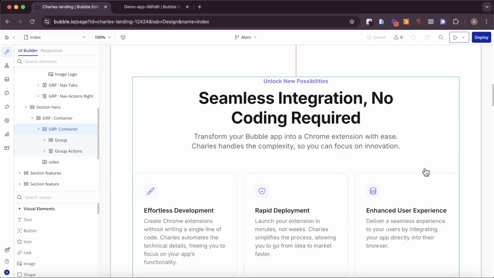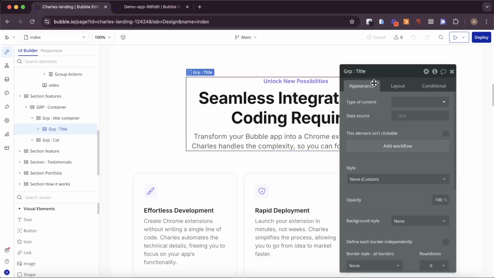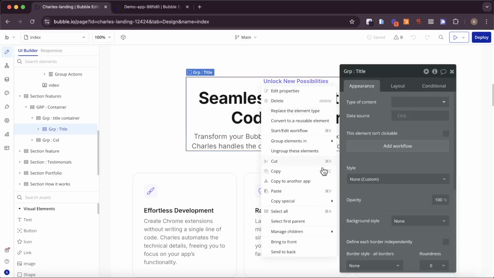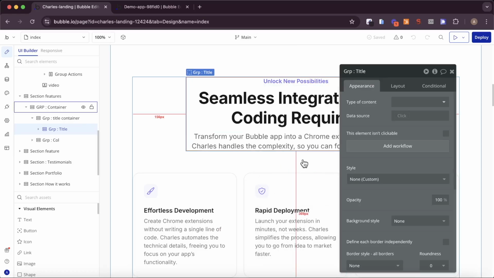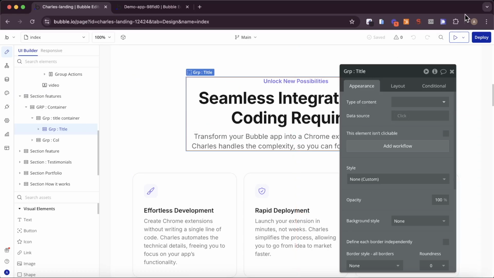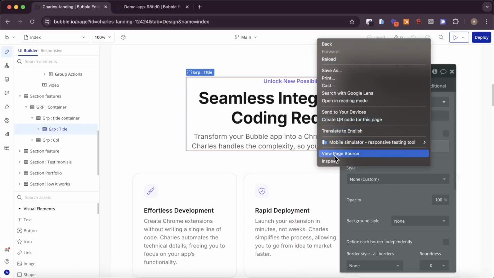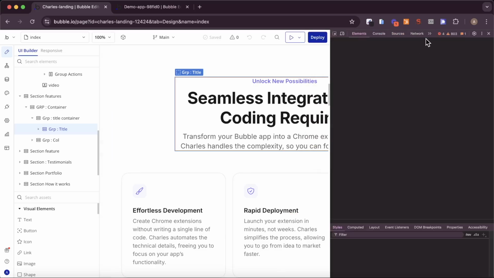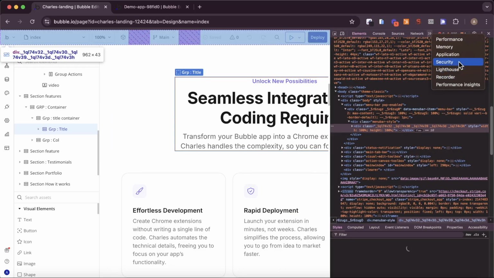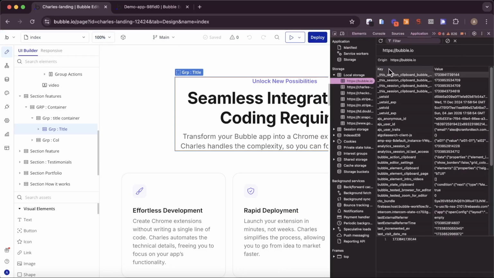Before we get into building our Chrome extension, I just want to go through what actually happens under the hood when you copy an element with Bubble. So let's say I want to copy this group here and I want to right click and go to copy. What's actually happening? Well, if you go to your Chrome developer tools, which you can do by right clicking on an area up here, going to inspect and then going over to application,